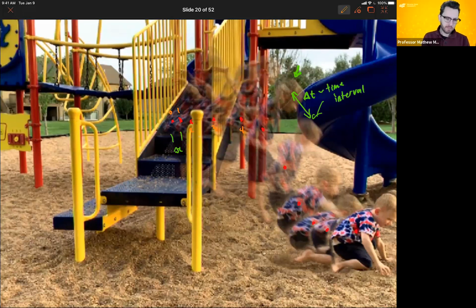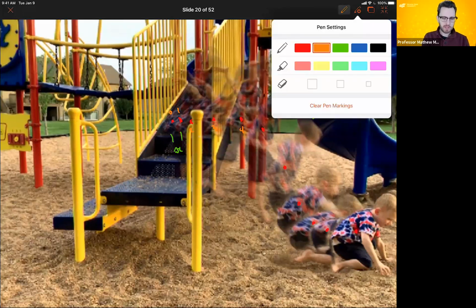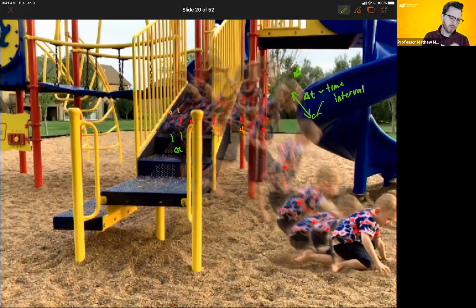Now, we can also draw some interesting physical quantities on here using vectors. So what is a vector? We're going to talk a little bit more about this as we go along, especially when we come to chapter 3. But a vector is an object that has some directionality and size, and we usually represent it pictorially like an arrow, something like this. So I can draw a vector that starts at one of my point particles here and points to the next one. I'm going to use an arrow and it's going to point in the direction that time is flowing here. And I can do that for every